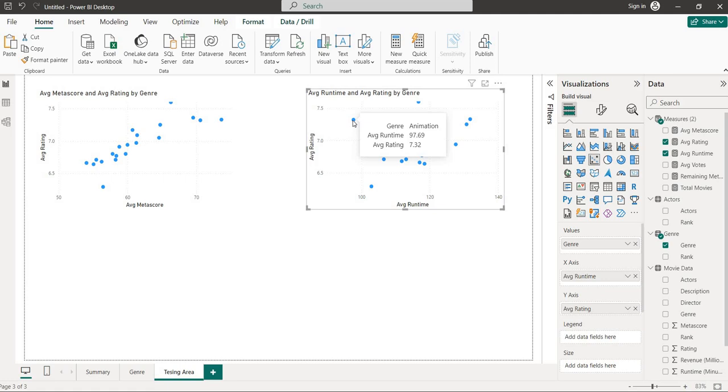It's an animation movie, so runtime is good, and average rating is 7.32. So we can see on the basis of genre that for animation the length of the movie is less, but the ratings are also pretty good. In the war also the average runtime is 116.7 minutes and the rating is 7.6. So it's a very good analysis.